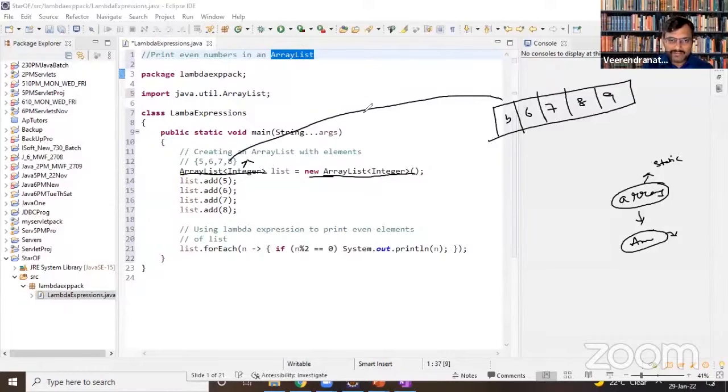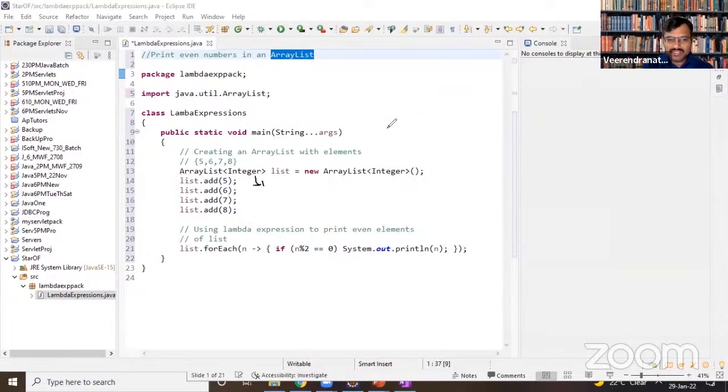You might be thinking that int is basically for the integer, but when you look at collections, the collections will not allow you to use non-object oriented things. In Java also there are some non-object oriented things, which are nothing but our basic data types. So ArrayList of Integer type only. We'll create a variable which will be the reference for the array list object. And now we are adding those elements to the list.